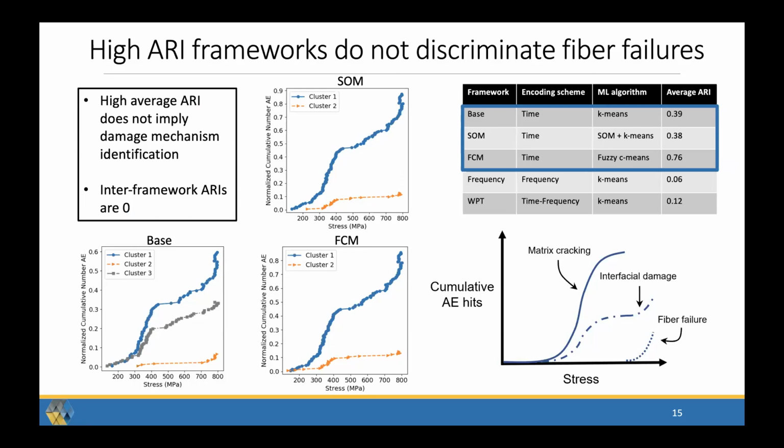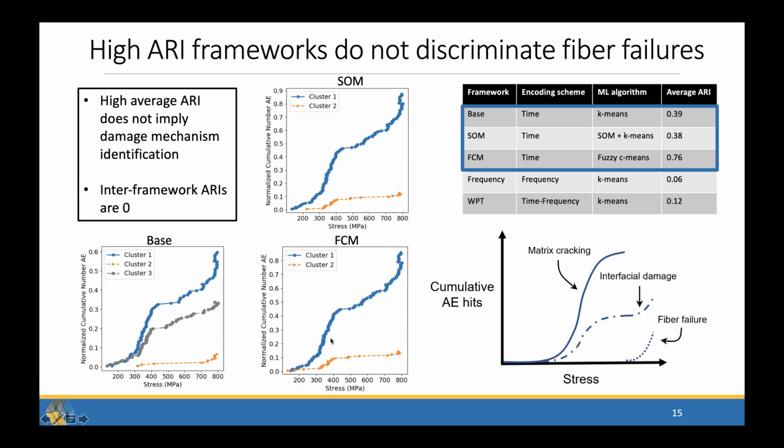And even though a framework by itself might have a high ARI and might say, hey, I'm totally giving the right answer, all these frameworks are screaming, I'm giving the right answer, and they're all screaming different answers. And that's not possible. And not only are they all screaming different answers, they're giving answers that don't match with what we know physically about the micromechanics in these specimens. So the inter-framework ARIs, when we compared the frameworks to each other, was 0, which meant they have completely different answers,